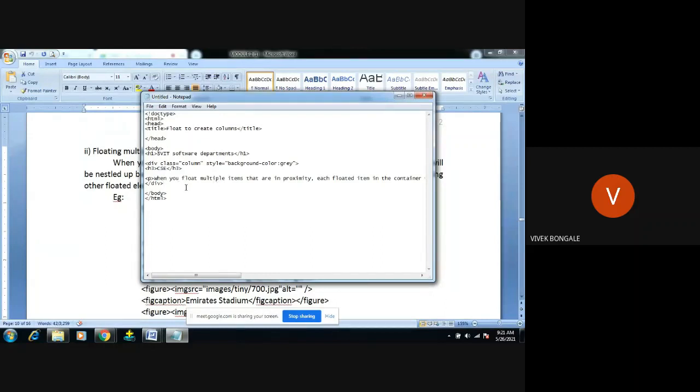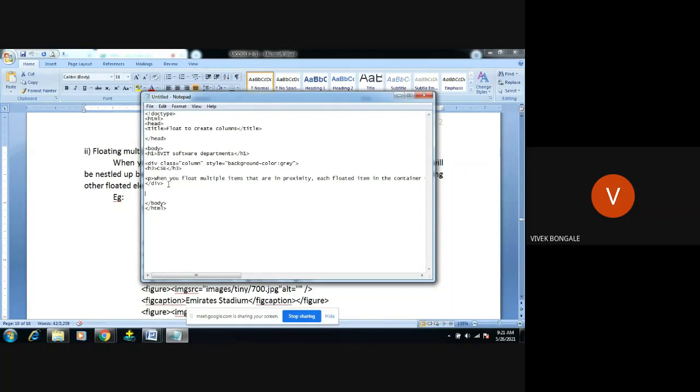So what I have done now is created one column. I have given the name CSE, and under that this paragraph content will be displayed. Now I want to create one more column, because what we're trying to create here is a multi-column layout, not only one column.